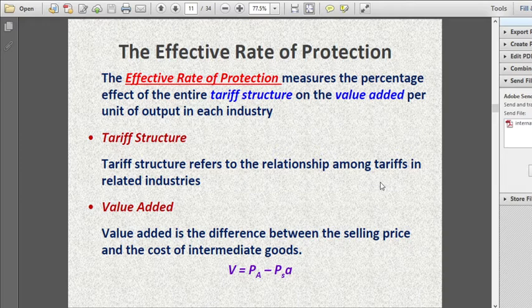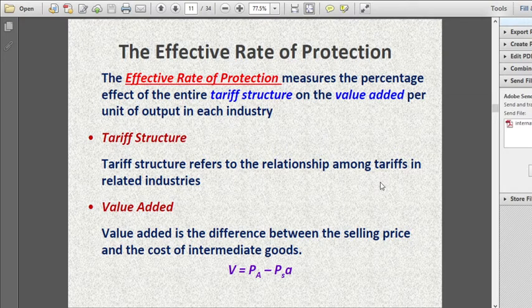The effective rate of protection. The effective rate of protection measures the percentage effect of the entire tariff structure on the value added per unit of output for each country. Tariff structure refers to the relationship among tariffs in related industries. Value added is the difference between the selling price and the cost of intermediate goods, or value added is equal to